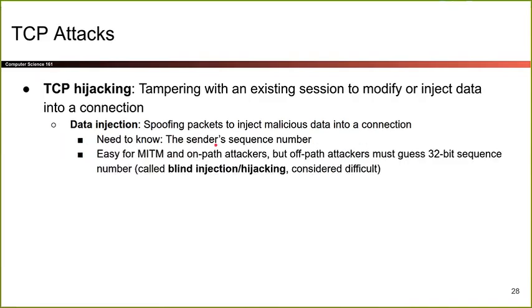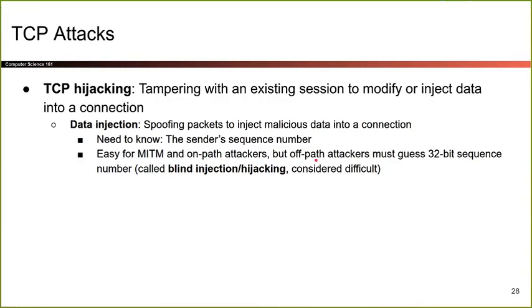Now, we can start thinking about all those attackers from before and think about who can do this and who cannot do this. Well, if you're a man in the middle or if you're on path, you can read packets. If I can read packets, I can see the sequence numbers because they're not encrypted or anything. So I'm good to go. All I have to do is look at the sequence number, and now I can inject my own packets with my own sequence numbers. But what if you're off path?